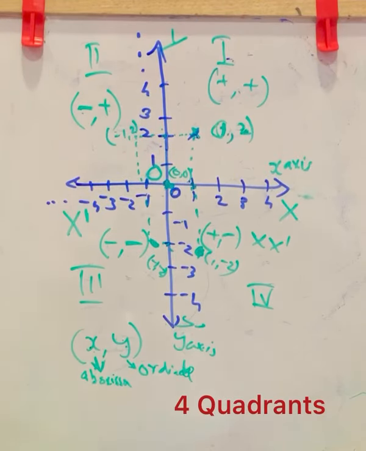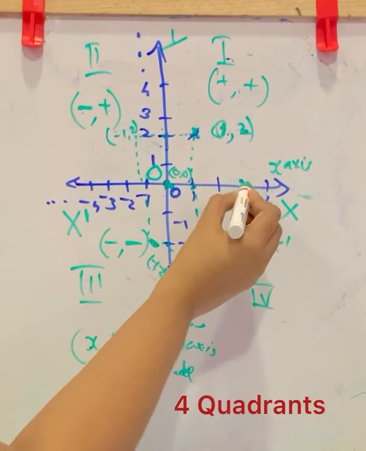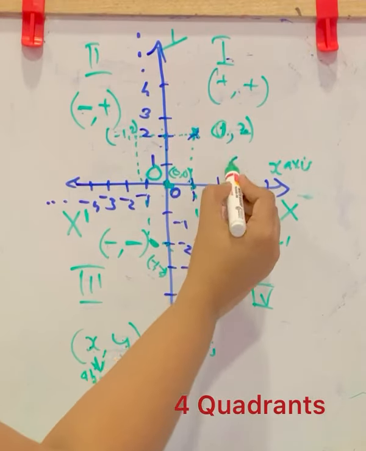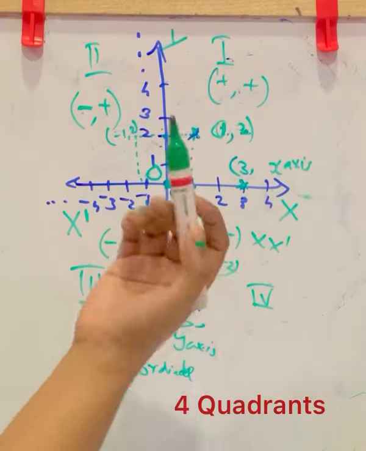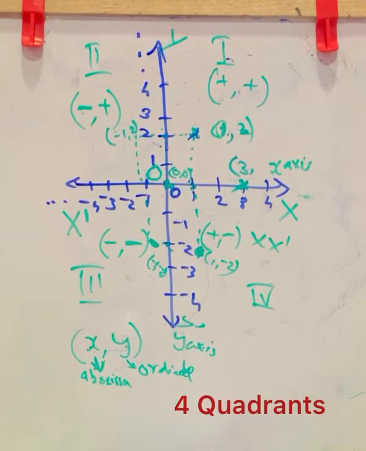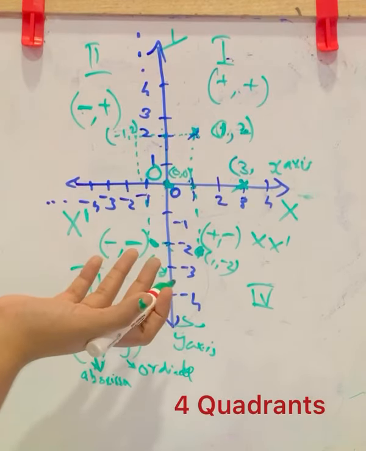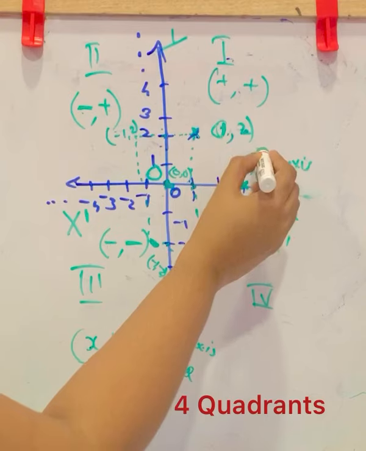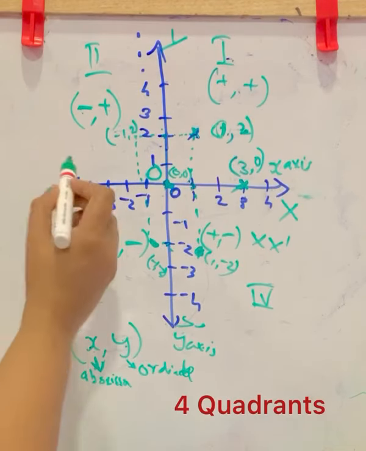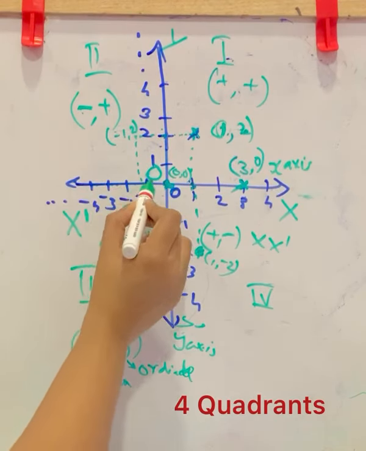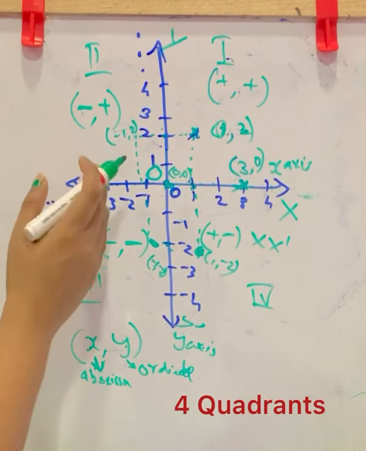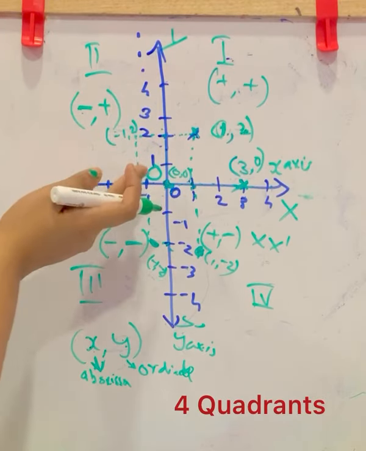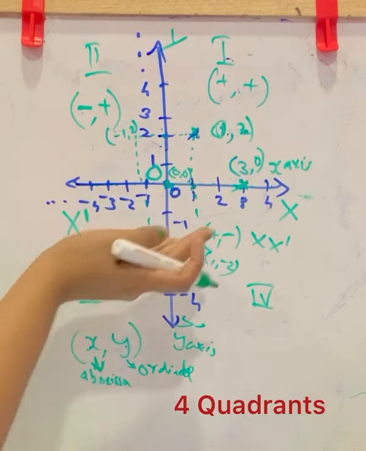Also one more thing is there. If a point is lying on the x-axis, then its x coordinate will be, here, 3. But what about the height? Is there any height? It is lying on the x-axis. It has no height. So you can say the height is 0, that is, the y coordinate is 0. So all the points lying on the x-axis, their y coordinate will be 0 because they have no height. If it was lying here, we have a negative value for y.